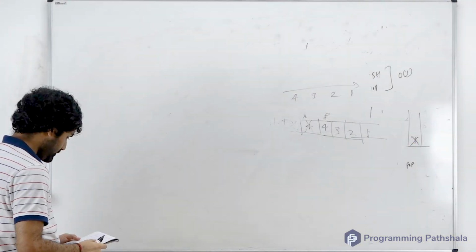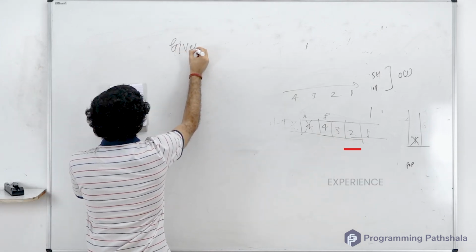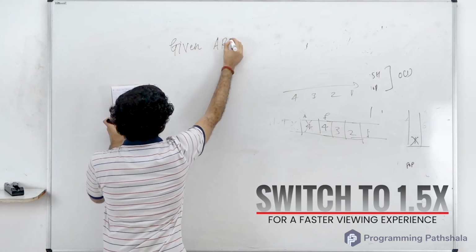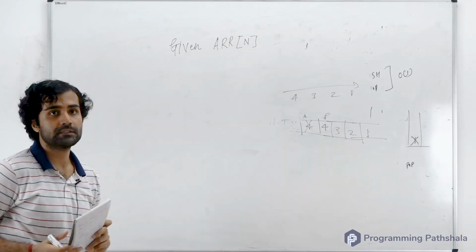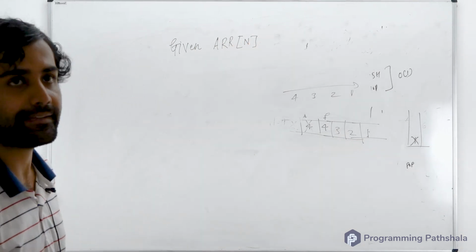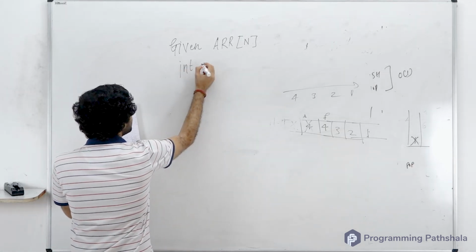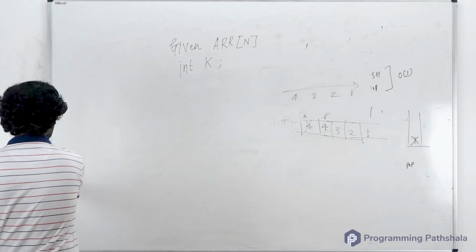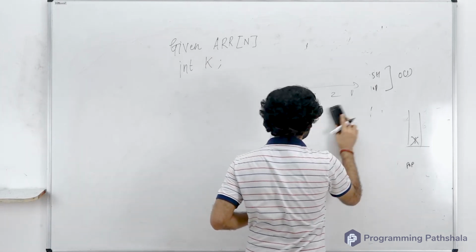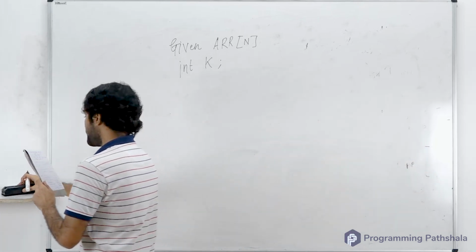So I'll start with a question. Let's say I have given you an array of size n. Okay, so there is an array of size n and there is an integer k. So what you're supposed to do is you're supposed to